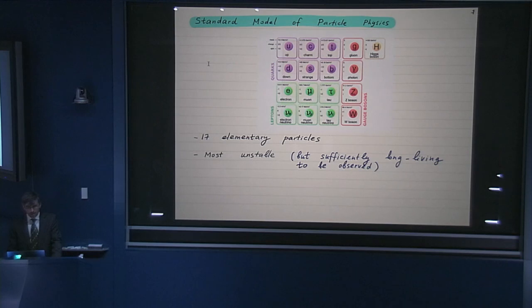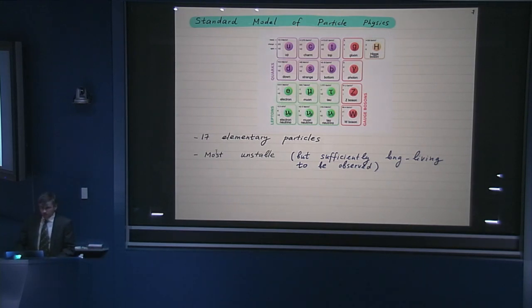And so this quest for more and more elementary constituents, this reductionism quest, led to the construction over the 20th century of the standard model of particle physics. There's this table of 17 elementary particles. There are some features of this table that some people might find a bit unusual. For example, even though we consider these particles elementary, many of them are actually unstable, so they decay. But in spite of that, they're sufficiently long-lived that we can observe them and conclude that they exist.